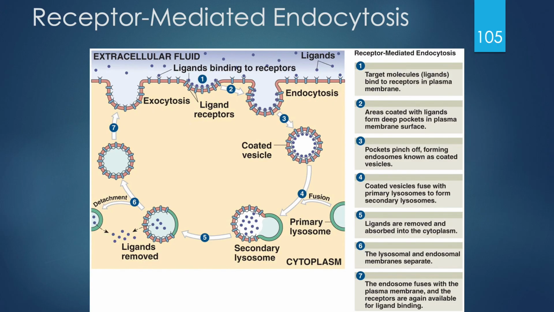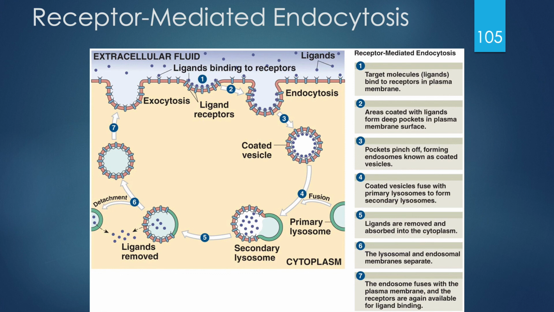Receptor-mediated endocytosis is a process that will bring certain contents into the cell in a very high concentration. They do this by having ligands that bind to specific receptors in clathrin-coated pits, which you see as number 1 in the image. After these ligands have bound to the receptors in the clathrin-coated pit, this pit is going to balloon out and then close in to create a completely sealed coated vesicle within